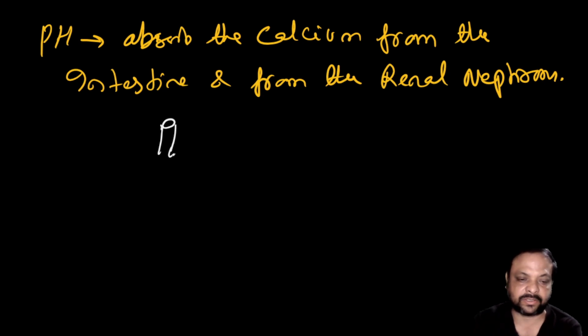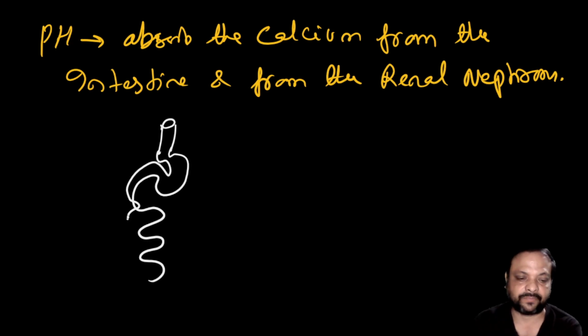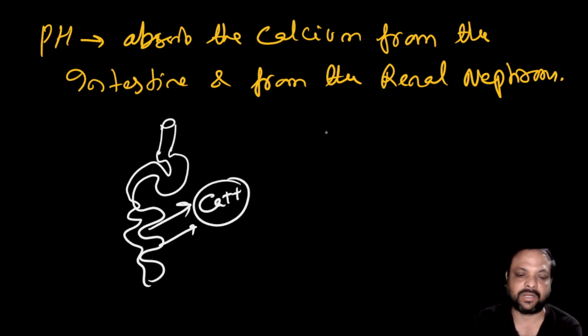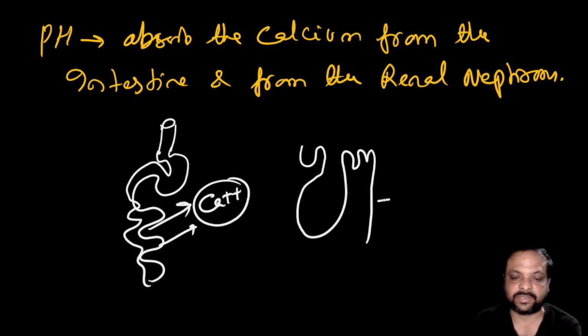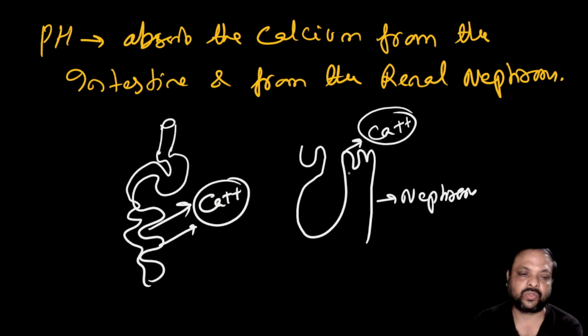We are discussing the digestive system. So from the intestine, the calcium is absorbed. And simultaneously, when we are discussing the nephrons, from the nephrons also the calcium is reabsorbed. Got it? So this hormone helps in absorbing calcium from the digestive system, that is from the intestine and from